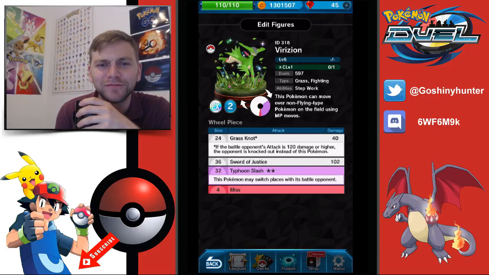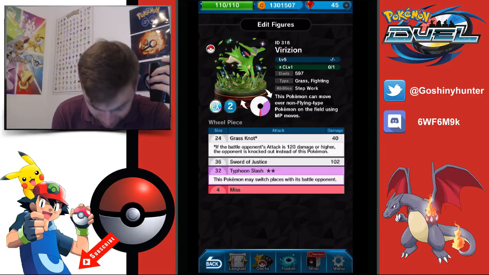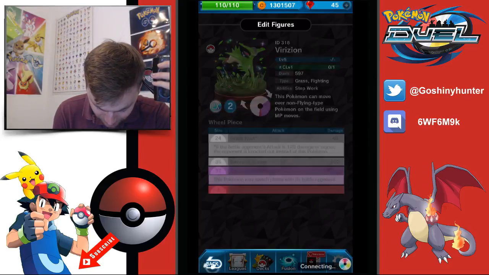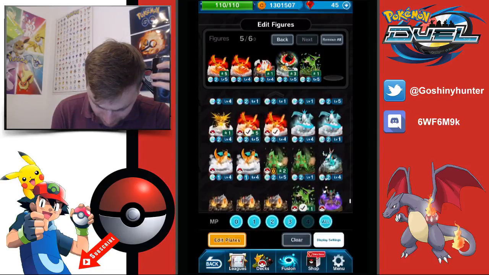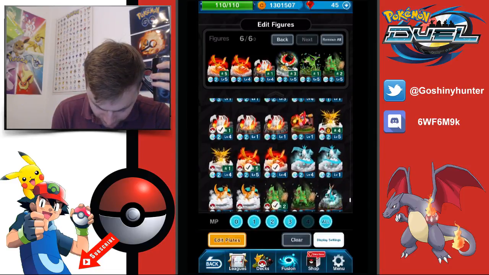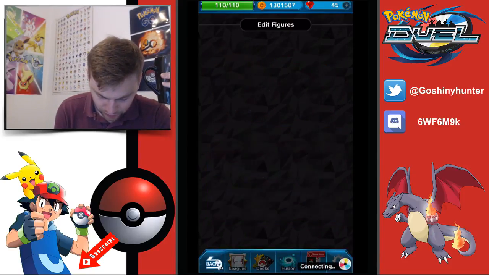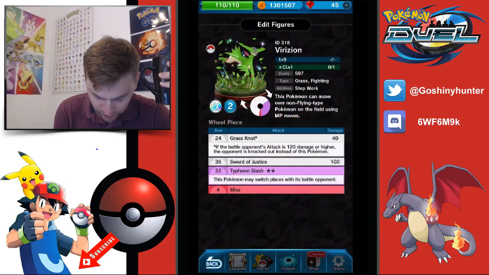Ooh. Yeah. Grass Knot. I'm just thinking that Grass Knot as well. It's good cover against Blaziken. Potentially. I'm liking the thought sets out. I'm not feeling Zapdos just because it being 101. I know obviously I've just put in Virizion, but only because he has that Typhoon, the Typhoon Slash and Grass